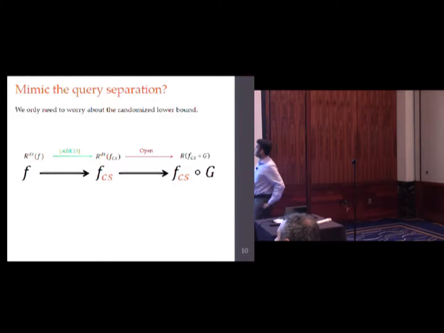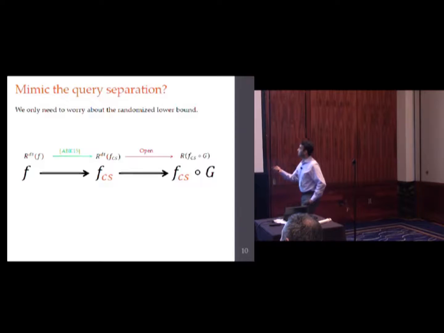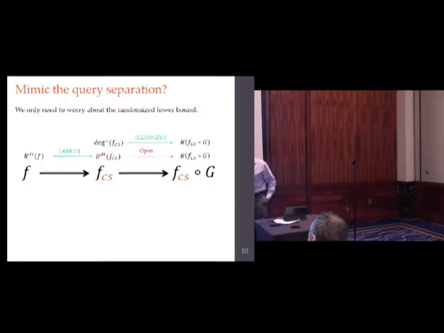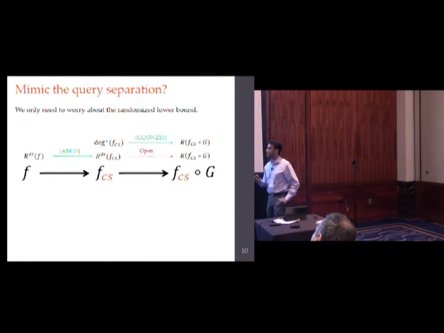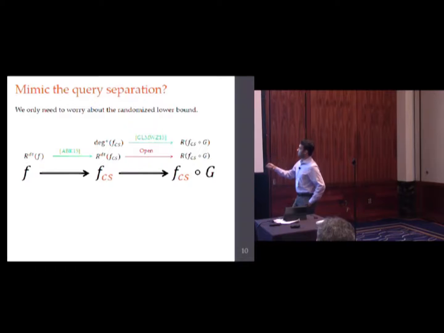So then we thought about this for a bit, and we thought, all right, we don't know how to lift randomized query complexity. Maybe we can lift a lower bound technique for randomized query complexity. A lower bound technique that doesn't also lower bound quantum communication complexity, because then you wouldn't be able to have the separation. And in fact, there is a lower bound technique for randomized communication complexity that does not lower bound quantum communication complexity, and a lifting theorem is known for this. And this is something that in query complexity is called the conical junta degree, and in communication complexity it's sometimes called the smooth rectangle bound or the approximate non-negative rank. And for this quantity, we do have a lifting theorem, so that's great.